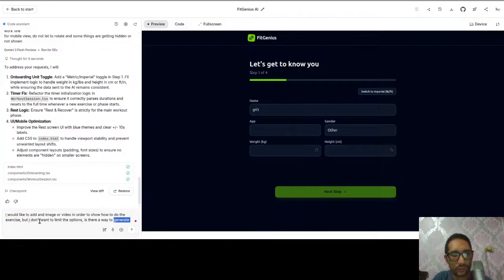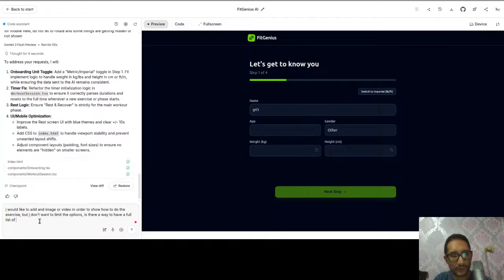Is there a way to know, to have a full list of the possible exercises that might be given?